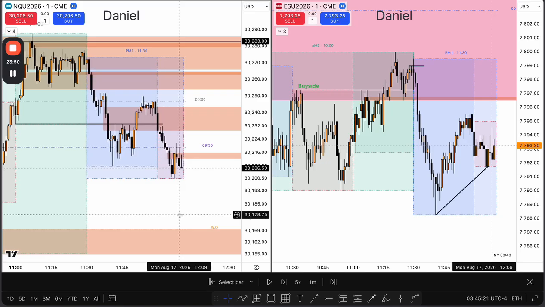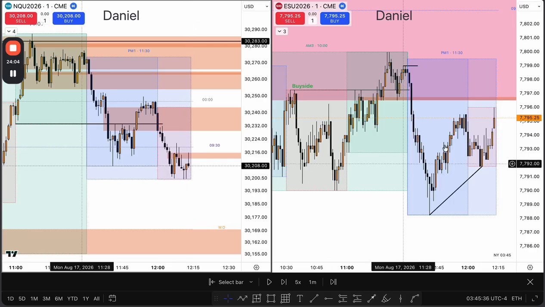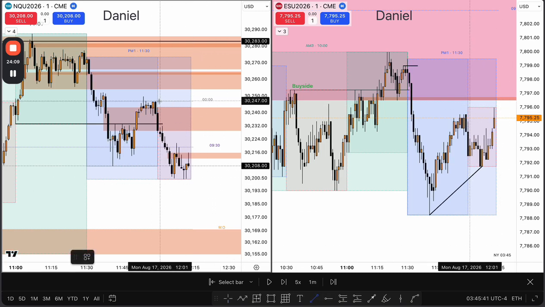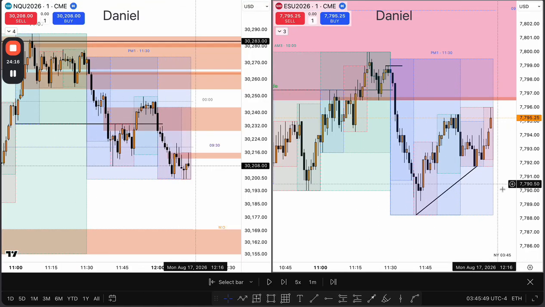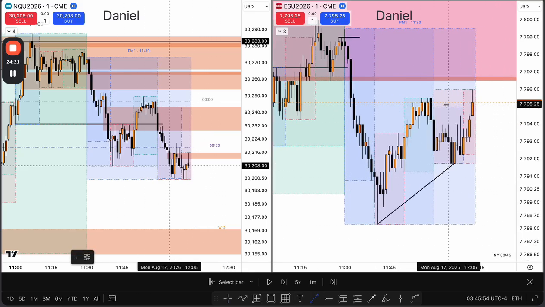How I looked at it a few minutes later, where you see me partial, where you see me pyramid, because right here I pyramid again. I think on this high, on this candle, or right here, because what we see is that ES keeps making daily 10-minute SMT. Now I don't have the 10-minute cycle. Let's put them on. There we go. We can see that we now have 10-minute SMT with this high, which should,